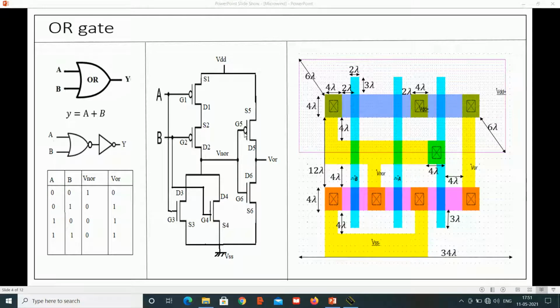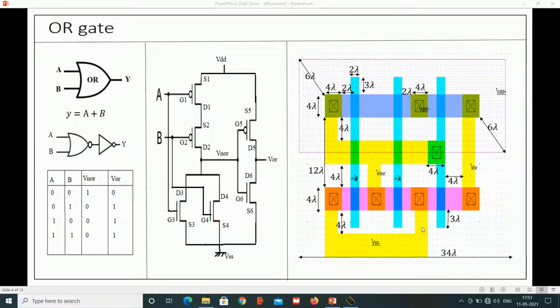This output NOR is given as input to this inverter, and our final output is the OR, which is the connection of the drain of this PMOS and this NMOS. So this PMOS and this NMOS are connected to give the final output OR.